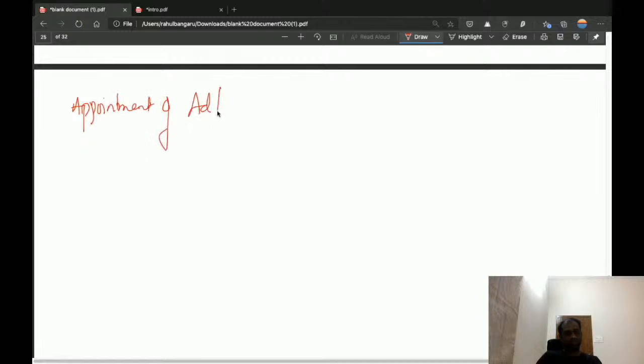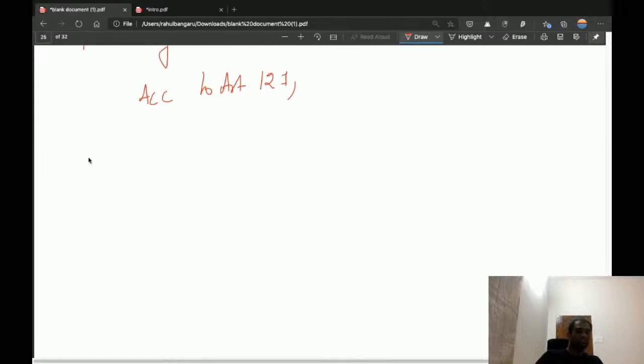Appointment of ad hoc judges. According to Article 127, if there is a lack of quorum, what is the meaning of lack of quorum? The number of minimum judges required for a bench. If there is no minimum number of judges in a present bench,